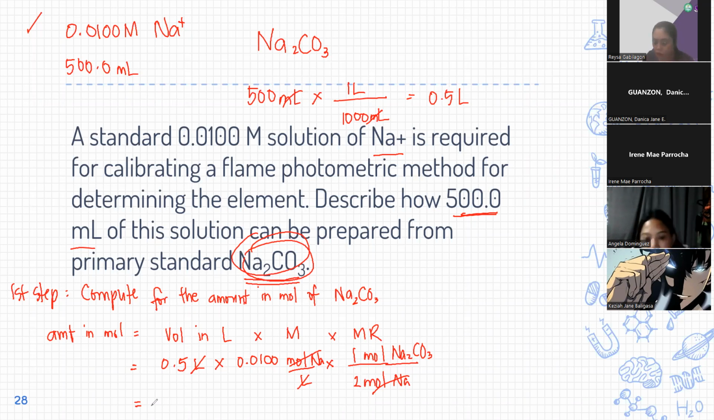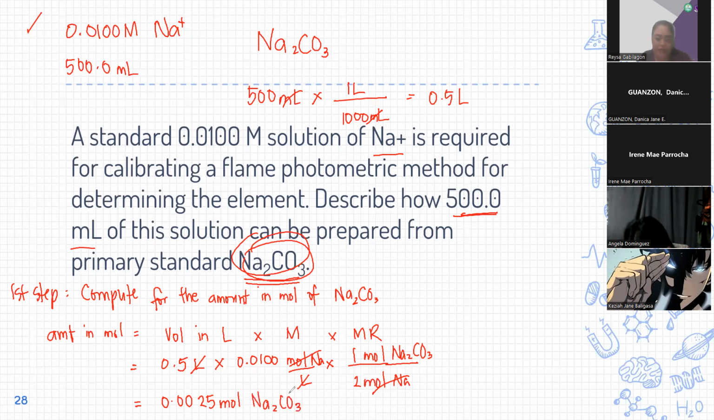Okay? So 0.5 times 0.0100 times 1 divided by 2. The answer there is 0.0025. 1, 2, 3. Okay. So, the answer there is